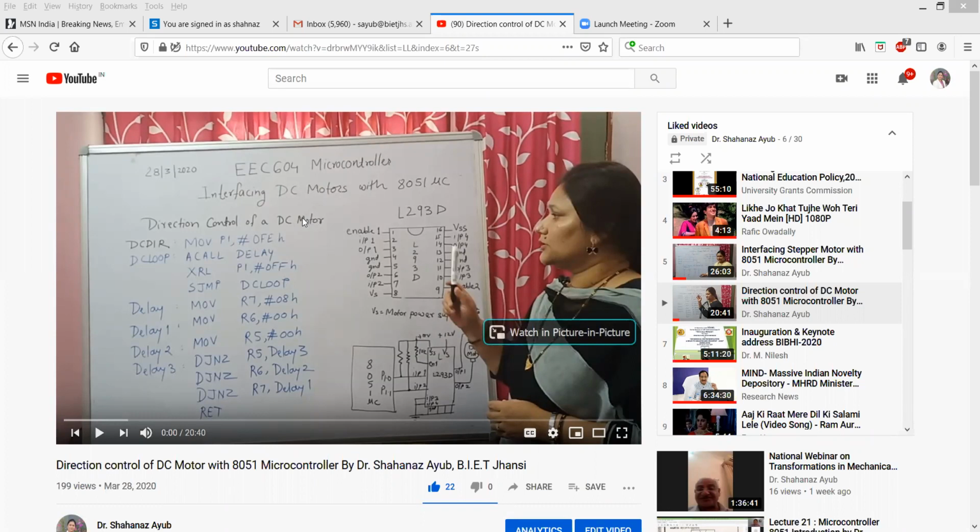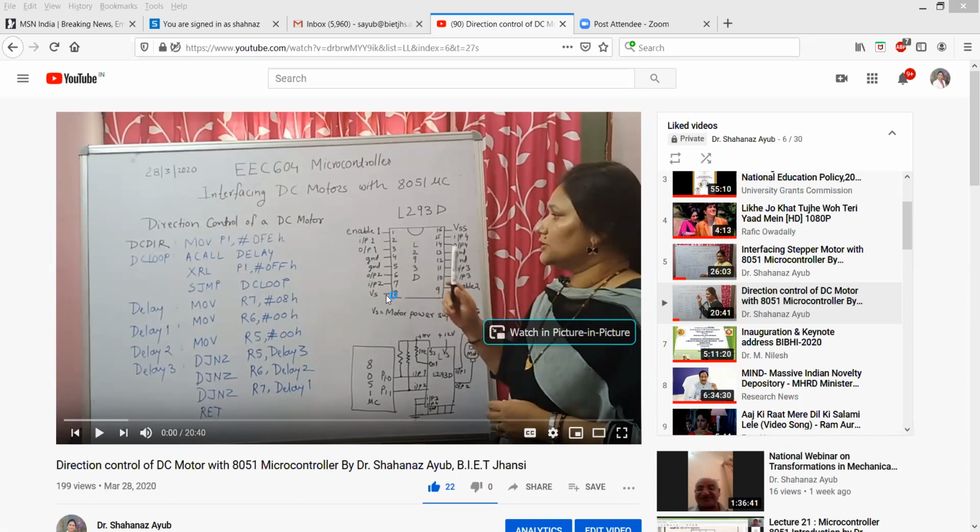You need a motor driver IC, which is L293D, a 16 pin IC. It has four combinations: input 1 and output 1 with ground, input 2, output 2 with ground, input 3, output 3 with ground, and input 4, output 4 with ground.